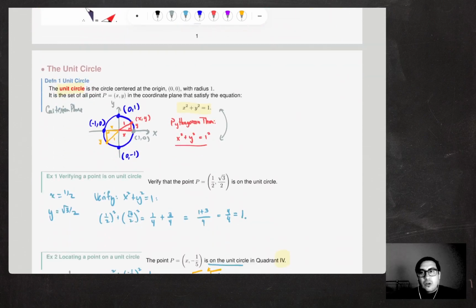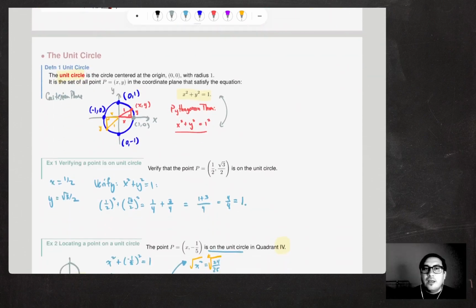All right, so let's go back to this unit circle here. So remember, if we start with a unit circle, what is that? That is a circle of radius 1, and we're going to center it at 0, 0 on our Cartesian plane. So that's if I label the x-axis and the y-axis. All right, so the equation right here that I have highlighted really just comes from the Pythagorean theorem,